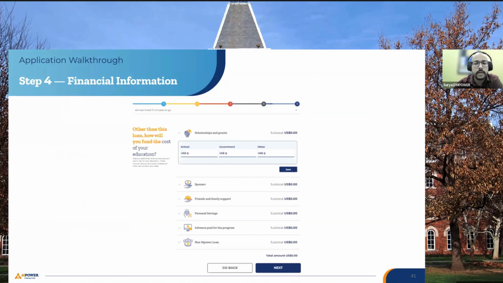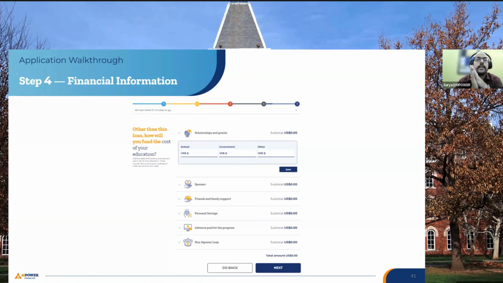So let's move further. Here you can see that the applicant has provided a couple of details regarding the sponsorship and personal information. What you need to understand here is that it's really important for you to provide whatever funding sources you have available while you are applying for a loan application. I'll tell you why it is important with an example.